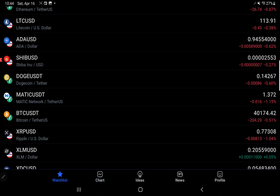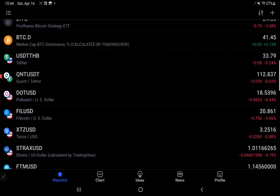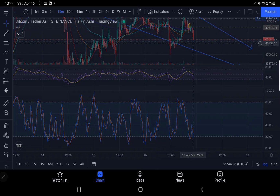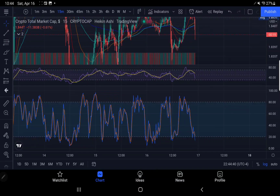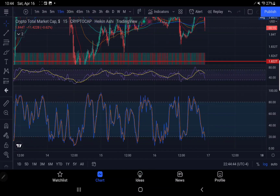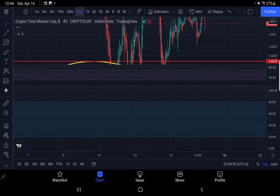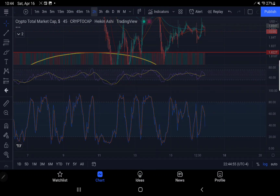With XRP, we're starting to get into... let's see where the total crypto market cap is real quick. 1.842 trillion, down 0.61%. It's flushing right now. These are flushing a little bit, which is good. We need to flush this out a little bit. 30-minute, 45,